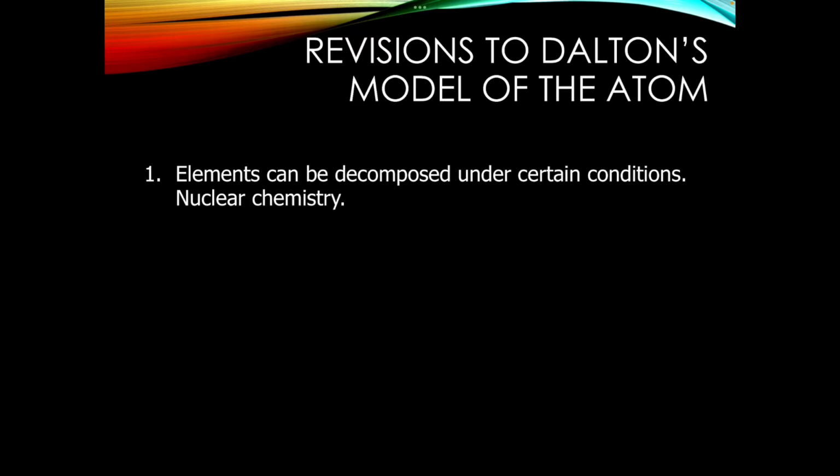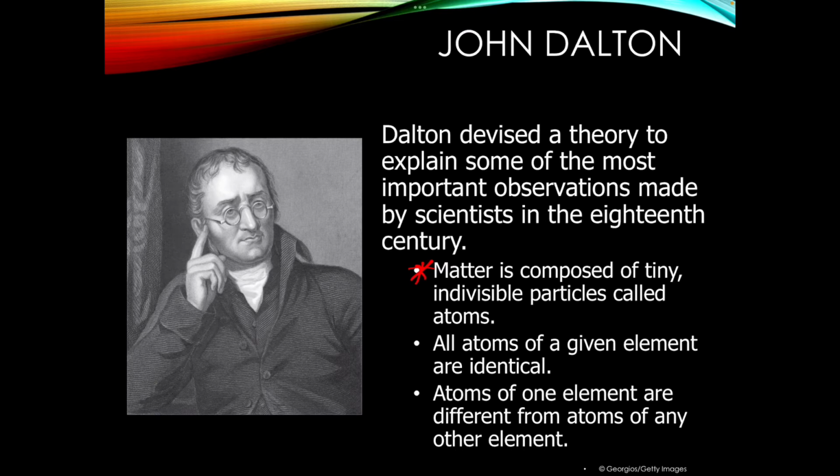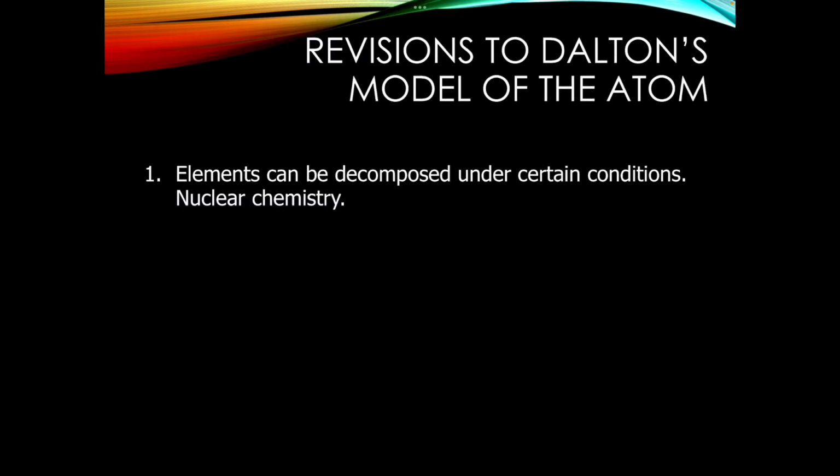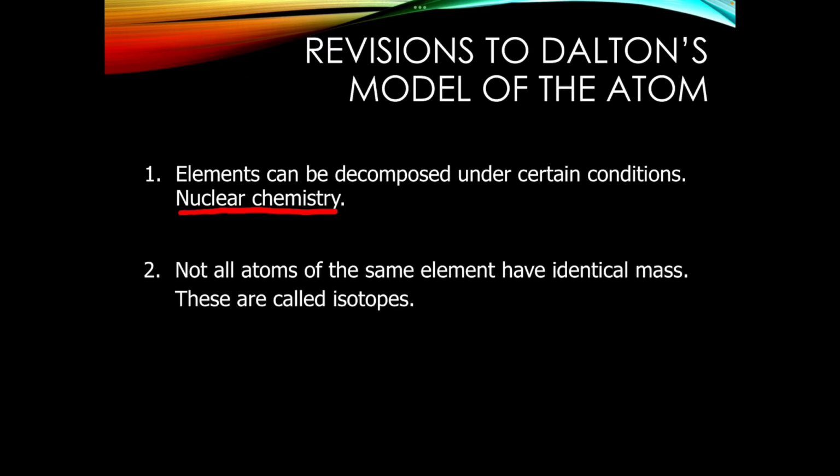Elements, for the most part, are these tiny indivisible particles called atoms, and for the most part that's true. Matter is composed of tiny, tiny particles called atoms, but they're actually not indivisible, which means there are things that are smaller than the atom. We know that there are protons, neutrons, and electrons in the atom now. He didn't then, but we know that now. Also, we can actually decompose atoms. We can break atoms apart, which is kind of crazy, and that is nuclear chemistry. So if you know anything about nuclear power plants, that's actually how they work. They actually split atoms, which is why it releases so much energy. More on that in a different class.